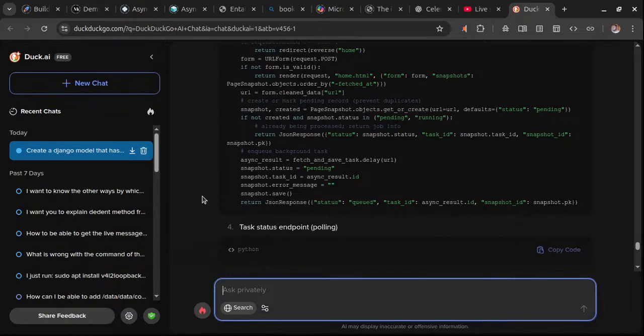No, no, I'll correct that. If not created, snapshot into the pending running. This on status, snapshot status, and snapshot tags ID, and async results fetch, fetch, save tags, delay, and